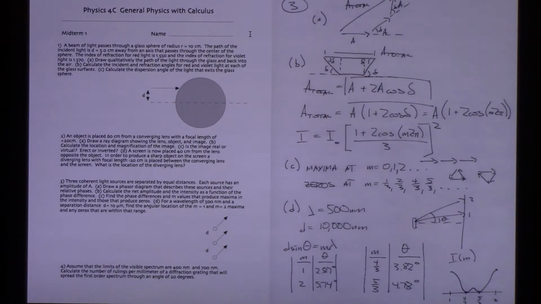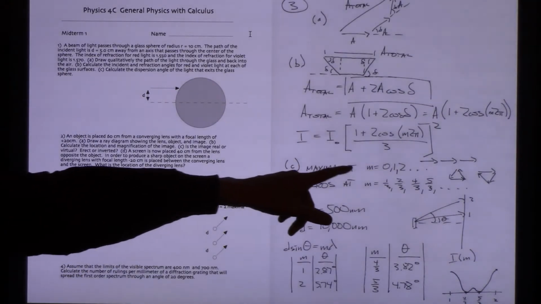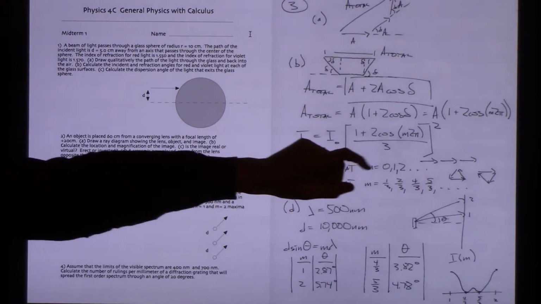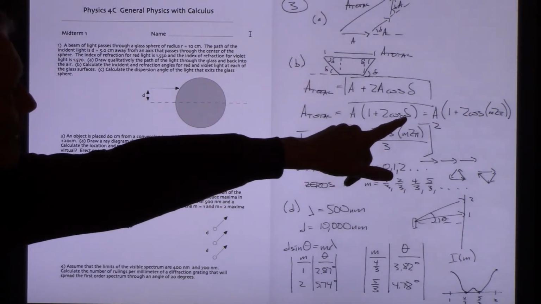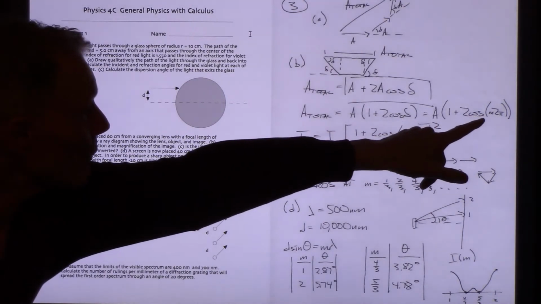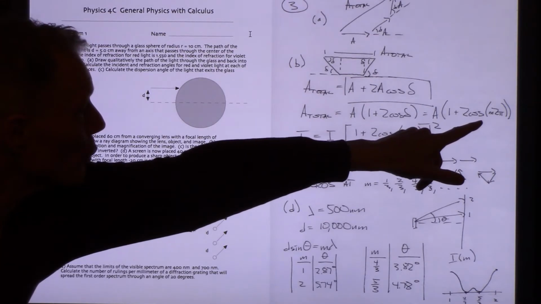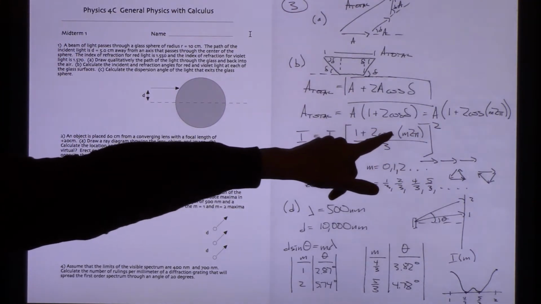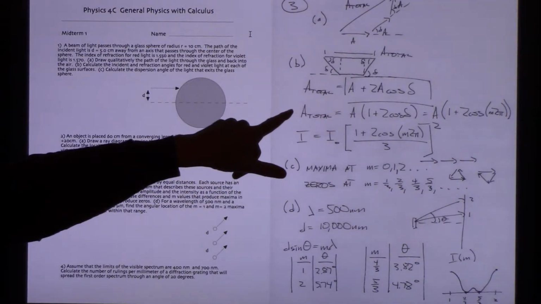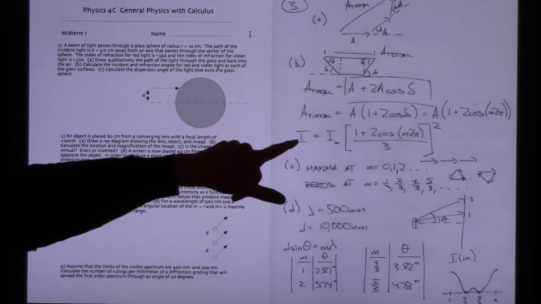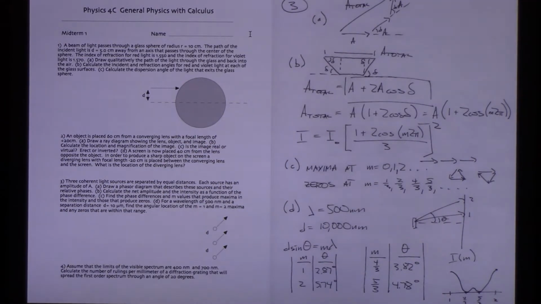So I kind of didn't stick with the phase as long as I needed to. I switched over to M too quickly. So anyway, wherever there's a delta, that's been replaced by M times 2 pi, but I could have just left the delta in there. So this seems fine. I got the A total. Now I have an intensity, and the